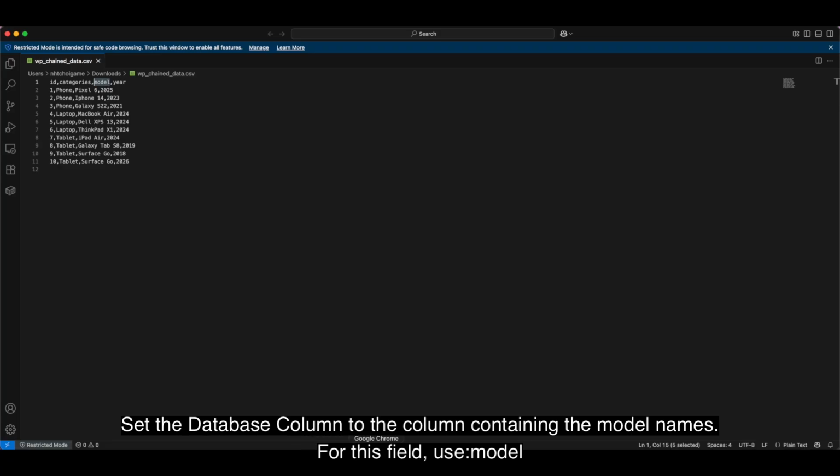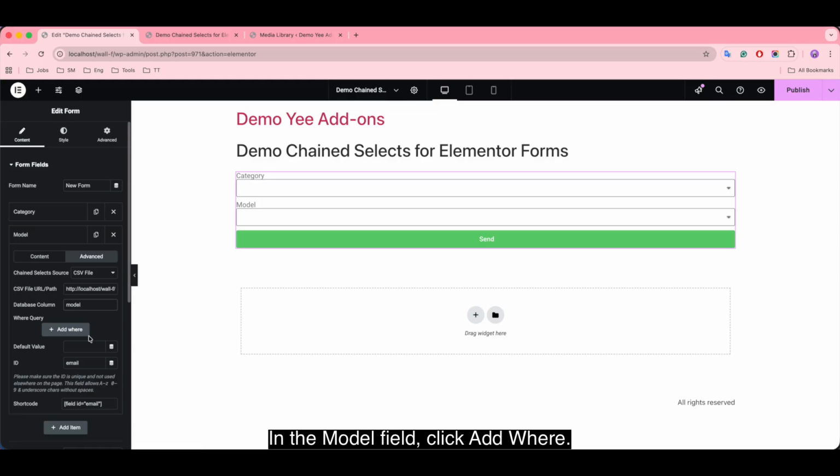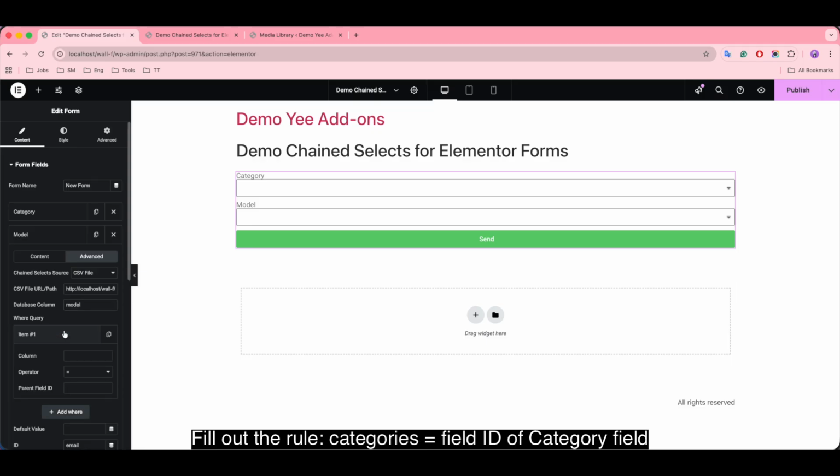For this field, use model. Now we tell the plugin how to filter the CSV data using the where condition. In the model field, click Add Where, fill out the rule: categories equal field ID of category field.